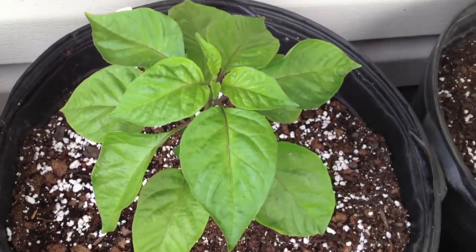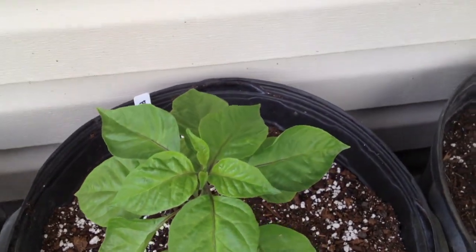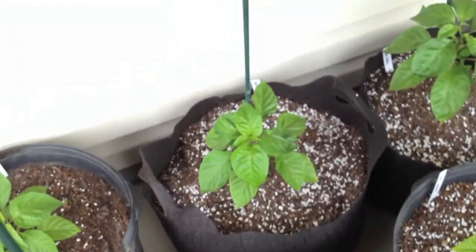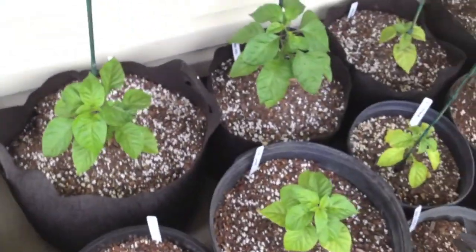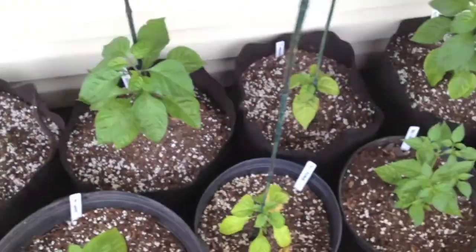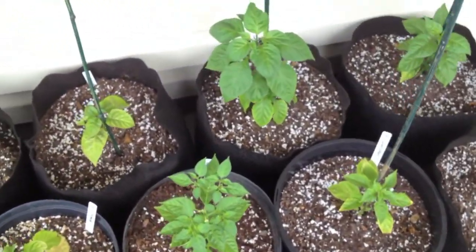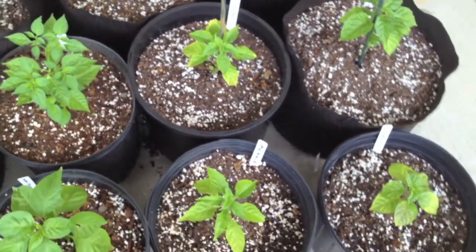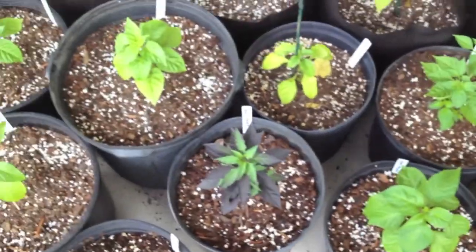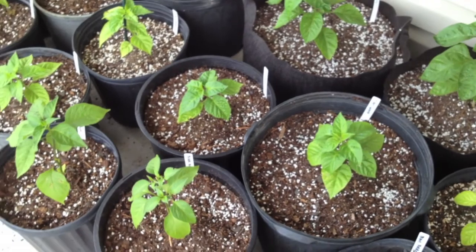So these in here have been doing pretty decently. I'm happy with the ones that are in the pots. The Smart Pots are drying quicker than the others, so in this heavy rain, I'm loving the Smart Pots, but everything else is doing well too, so I really haven't had anything that just dropped dead yet. So I'm expecting one or two casualties over the next week or two of rain, but